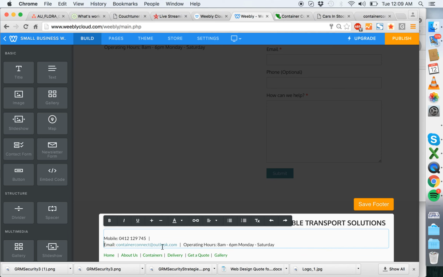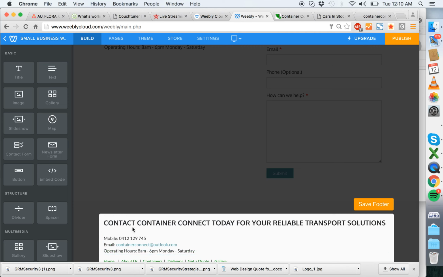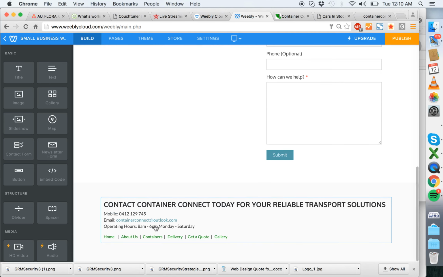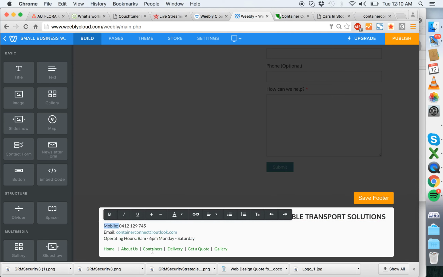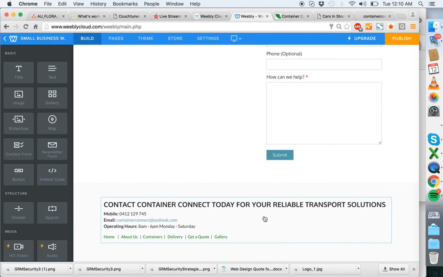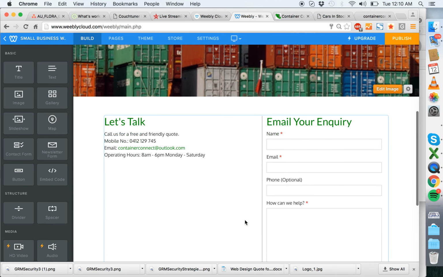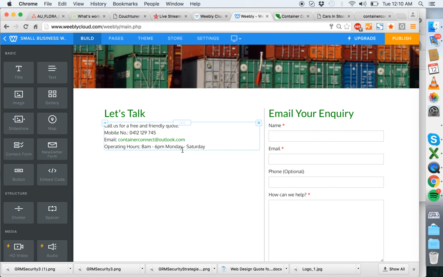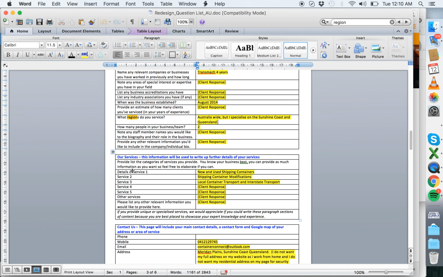Actually, maybe it was better just having it like this. I think that's fine. So we've got this, and then I think with a Google Map,